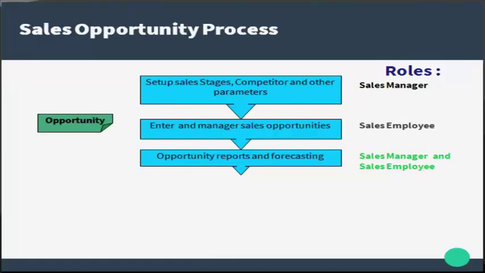Sales opportunity process. Let us take a look at the sales opportunity process. You can use sales opportunity to record, track, and analyze every step in your business potentials with the customer or prospect. Step 1. The sales manager sets up information such as which stages a sale will pass through and the